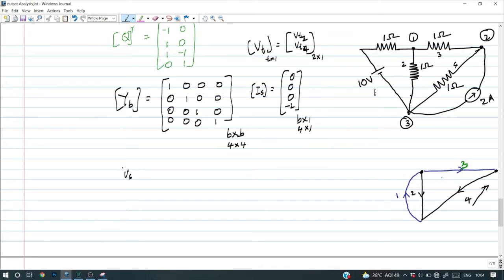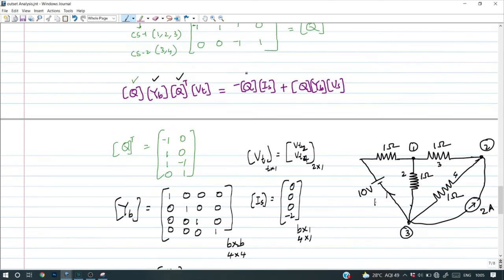Next we need to find out the voltage source vector. Is there any voltage source in branch 1? Yes, there is a voltage source. What is the direction of current we provided? We assumed it is this direction. Since the current direction is upward, this sign is minus. So the voltage source is -10. In branch 2 there is no voltage source. Branch 3, no voltage source. Branch 4, no voltage source. Now we know all the matrices required for this equilibrium equation. This is known to us, this is known to us, this is known to us, this is known to us, and finally the voltage source vector. Now we can simply perform the different matrix multiplications and finally reach the answer.